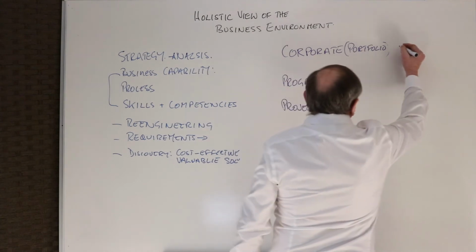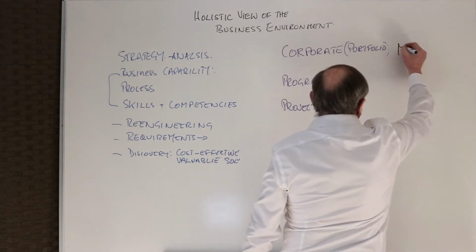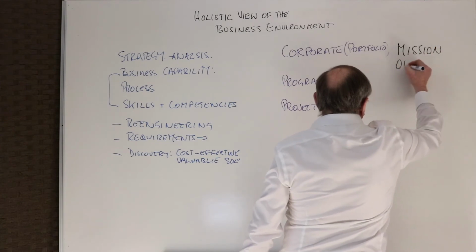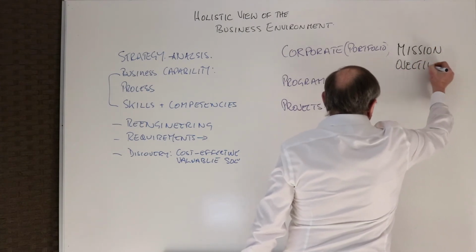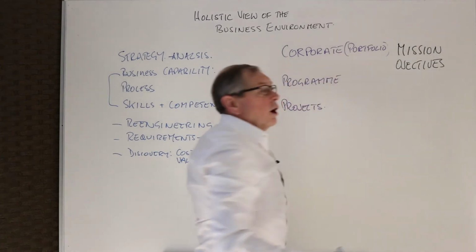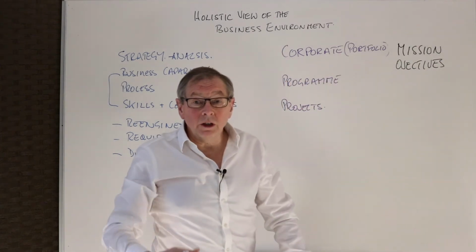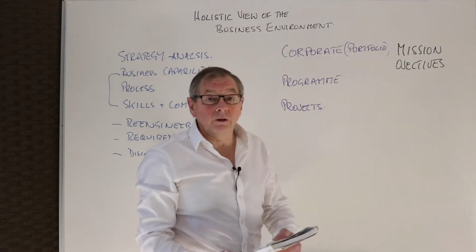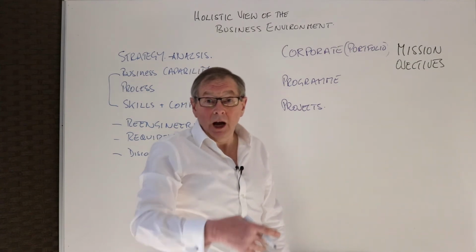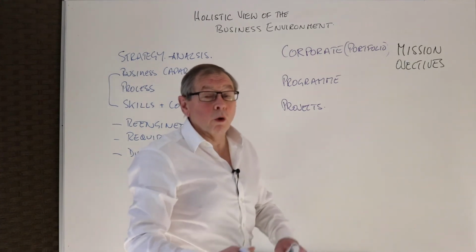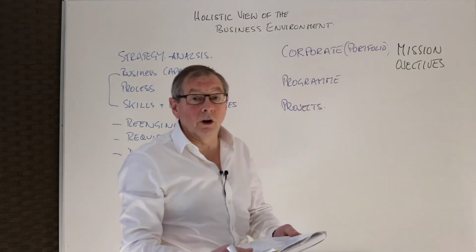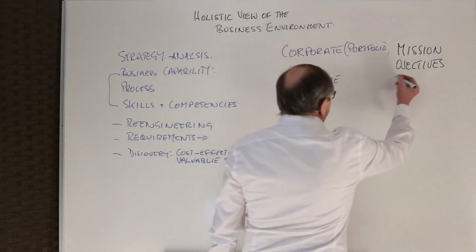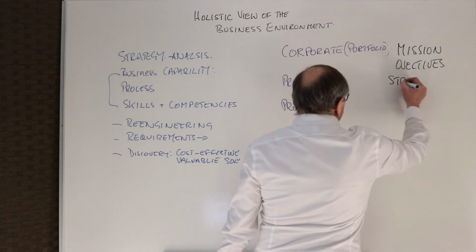Right, so linked to this, we have this acronym called MOST, where we have the mission and the objectives at corporate level, understanding the mission. Why are we here? What is the organization here to do? And therefore some measurable objectives that say, have we arrived at our mission at this point in time? Or what do we need to achieve to show that we're delivering our mission in life? Then at program level, we have the strategy,